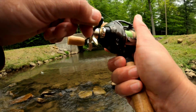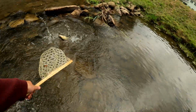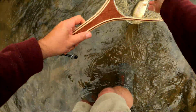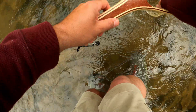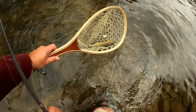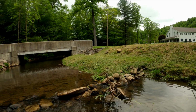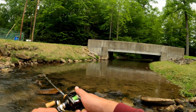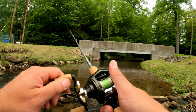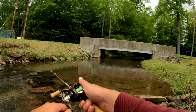There's another one. These guys are freaking crazy. Okay, I think he's free. Let's let him go. That one followed it all the way back. I feel like there's still a few more to be had. I don't know if I gotta go faster or slower. That might be it. There's still a few more in there, but